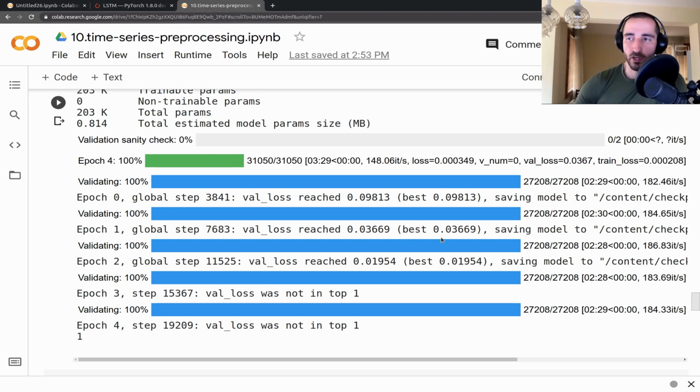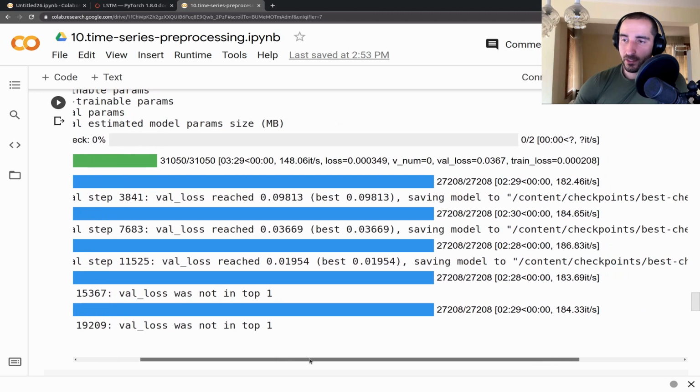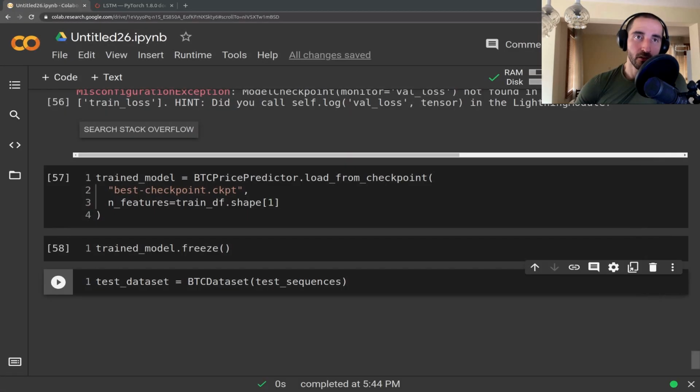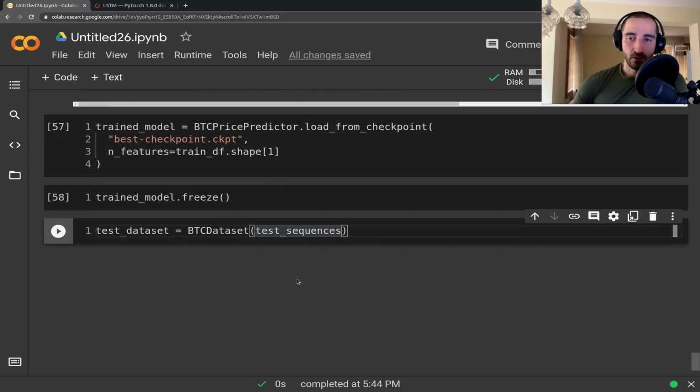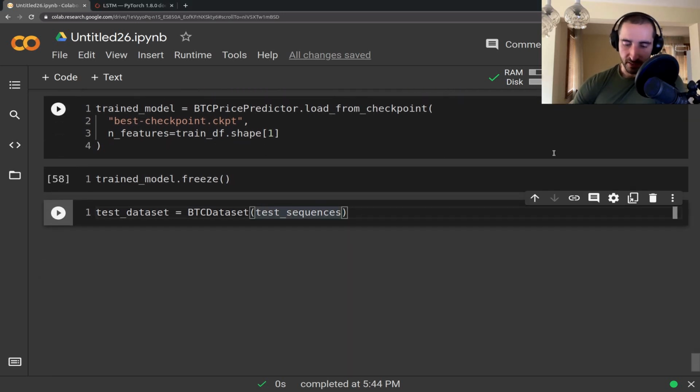So this was the training progress that I went over, and in here you can see that an epoch takes about 2.5 minutes on a T4 GPU. I was lucky there. All right, so now that we have this data set,